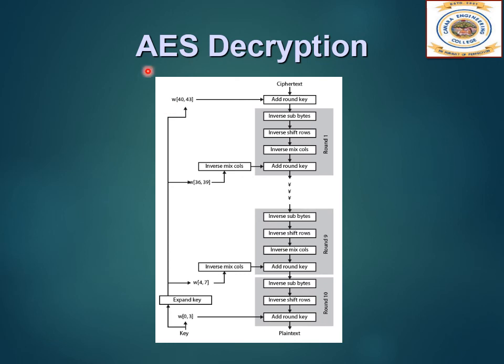Now this is the AES decryption process. Initially, when we saw the decryption and encryption together, the order was first inverse shift rows, then inverse substitute bytes, then add round key, then inverse mix column. But that would differ from the encryption process. So to make the decryption rounds the same as the encryption process, the stages have been interchanged. So here first is interchanging of inverse shift rows and inverse substitute bytes.